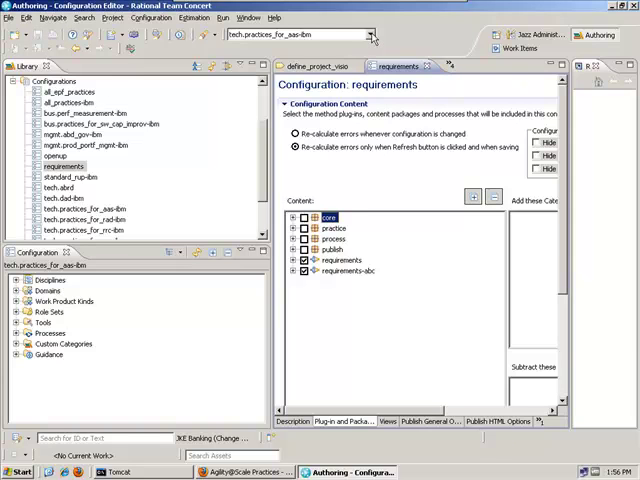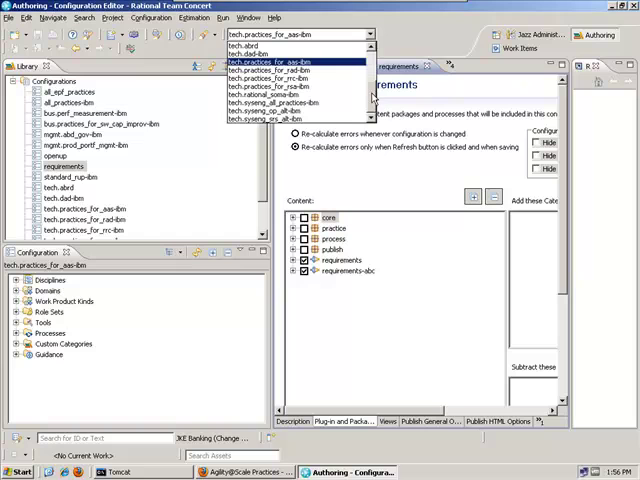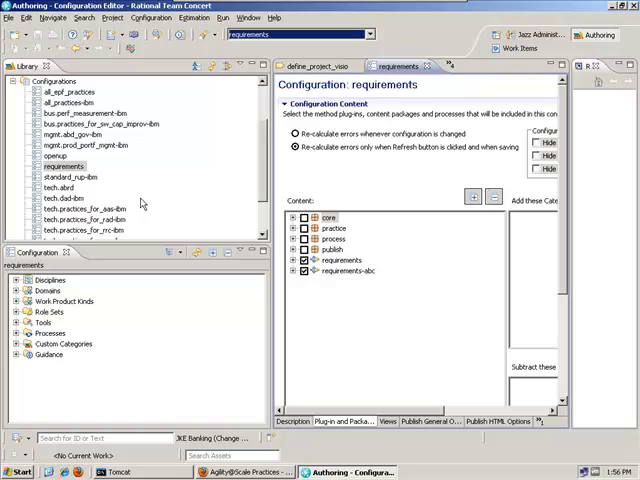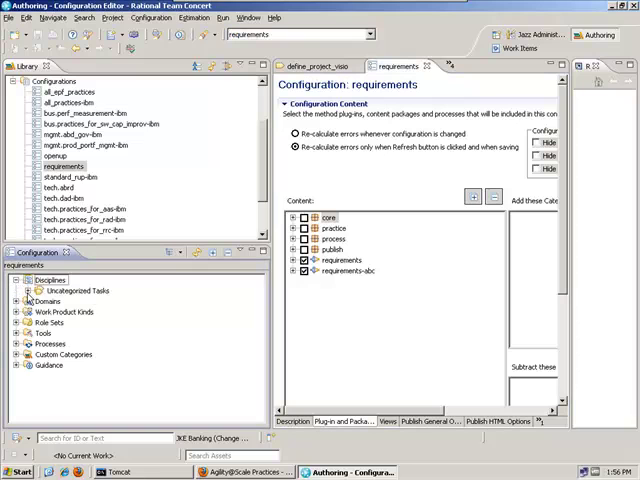If I now set this configuration as the active one, there it is. Then when I start browsing in this browsing perspective and I look at things, I will only see those elements that are in that configuration. So I see the one task, define project vision. If I switch now to the browsing perspective,